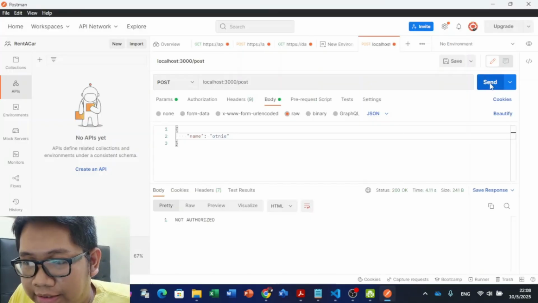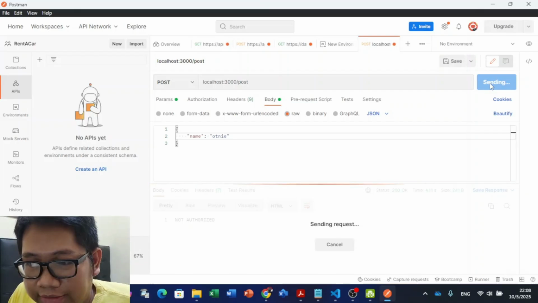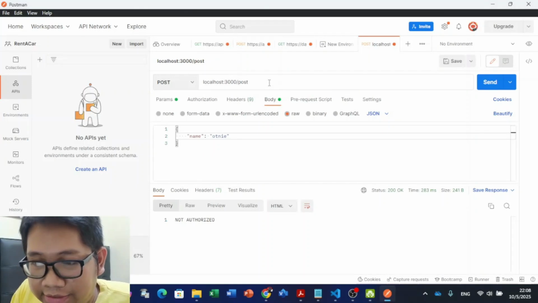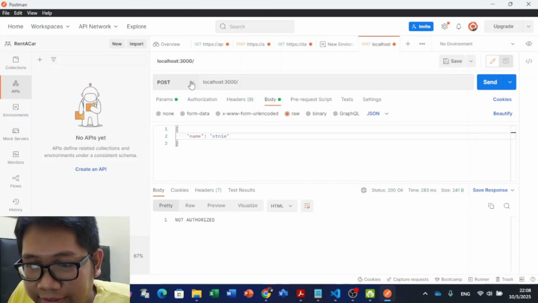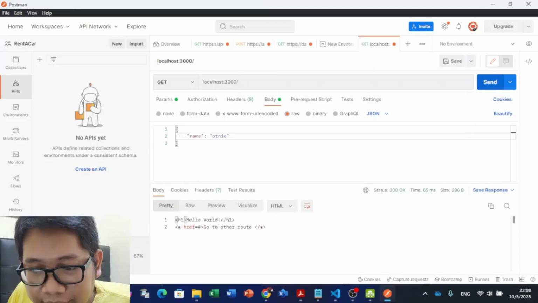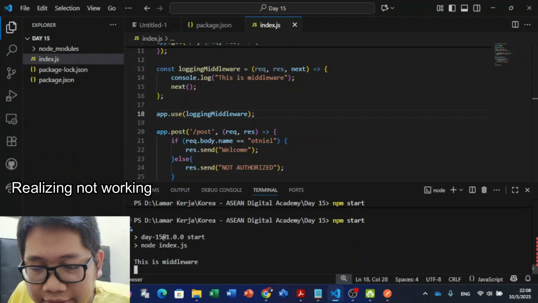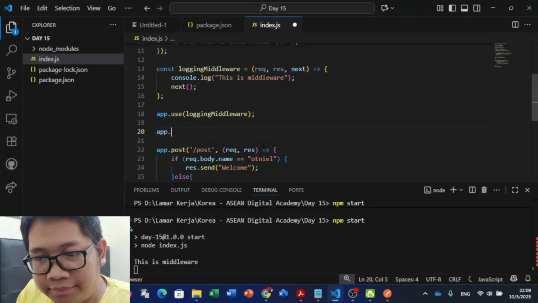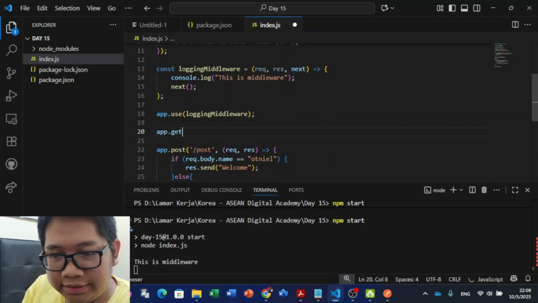And we can test this again. We can see this because we use console.log. So this is middleware. And we can choose another route like get slash only. Okay, I need to add some other get route.